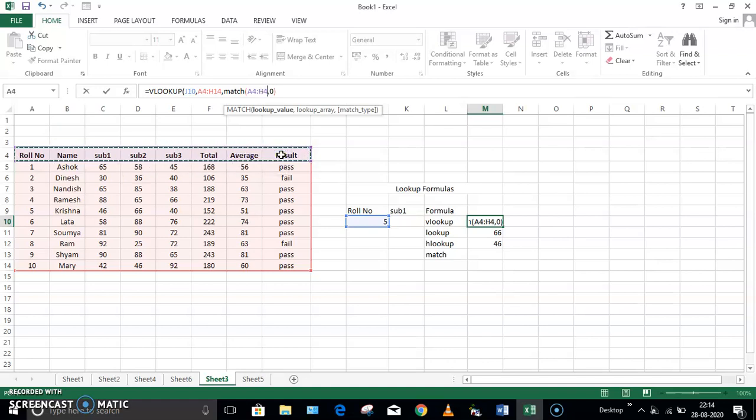Okay, once you are selecting the entire heading over here, then the next one is lookup array. Okay, so the lookup array can be the entire table. Select the lookup array.